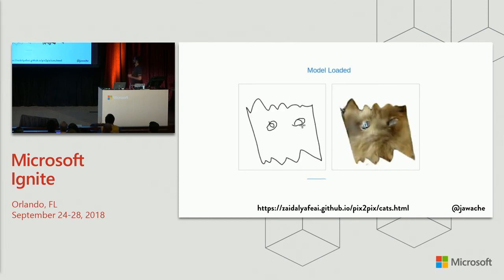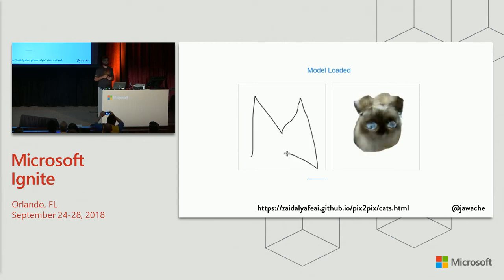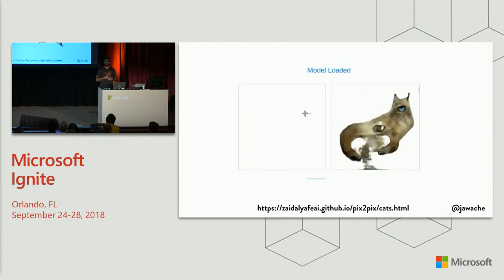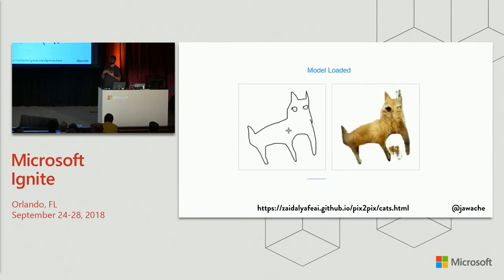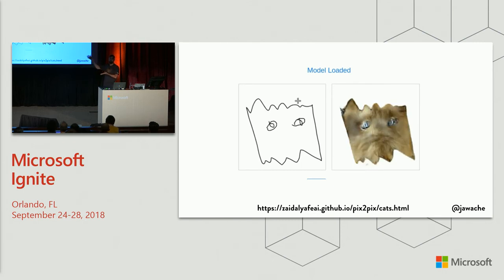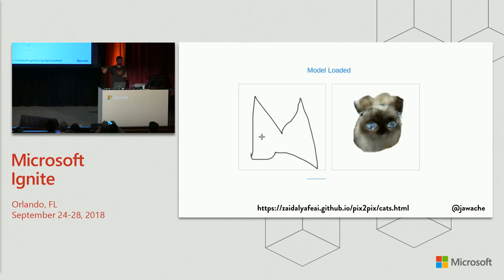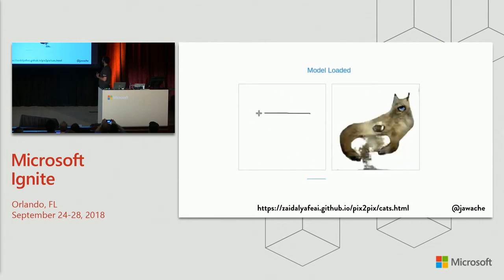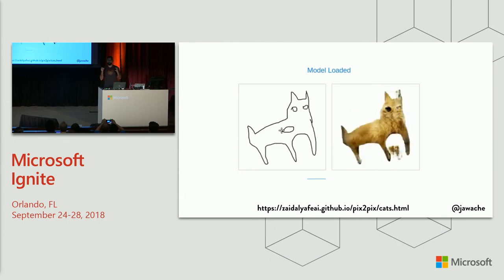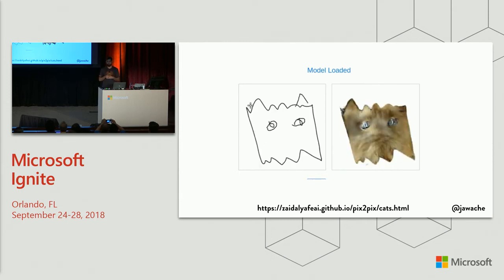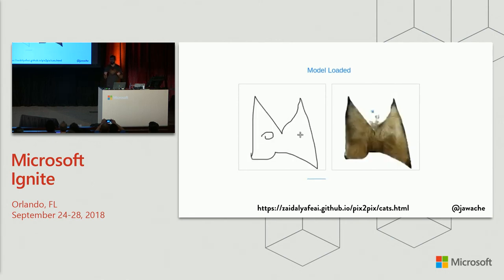Okay? So in the browser, you can draw an outline of a cat, and it'll create a very accurate representation of a cat. This is using an algorithm underneath called Pix to Pix, and the key thing is that it's running in the browser. It's using JavaScript, and underneath it's all built using TensorFlow JS, right? It is an example of something called a generative adversarial neural network, okay, GAN. GANs are really cool.